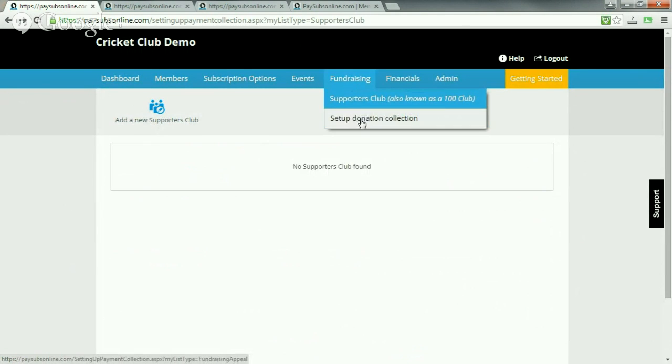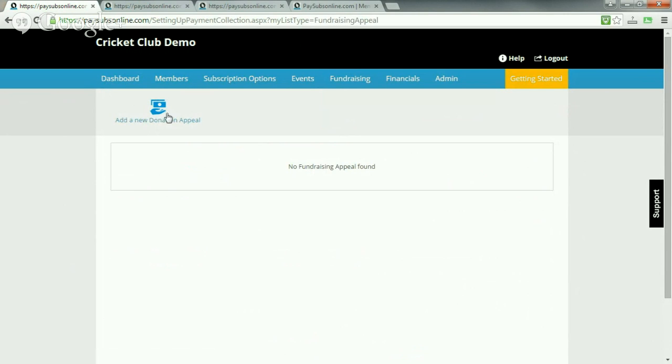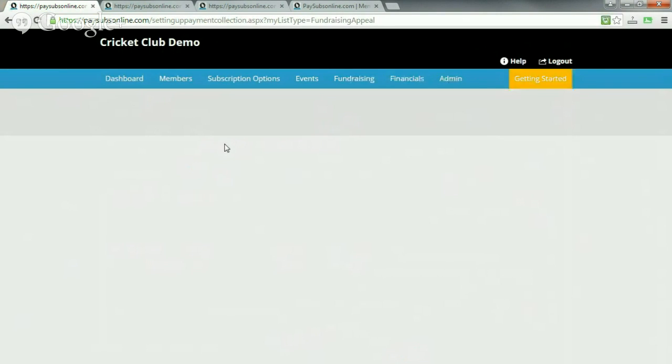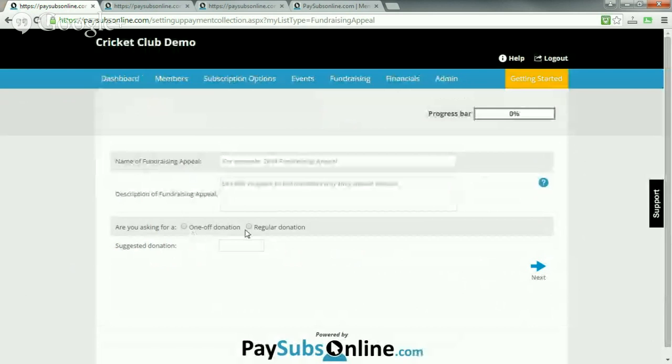Okay, there's also an option to set up a donation appeal. So people can donate money to the club. You can set that up to be a one-off donation or a regular donation. And again, you can put that on the registration page. You can make it a standalone option for people to donate, and you can put it in the members' login as well. So when they log in to pay, they can select the option to donate, and you can put a suggestion in there. So I might say a suggested example.